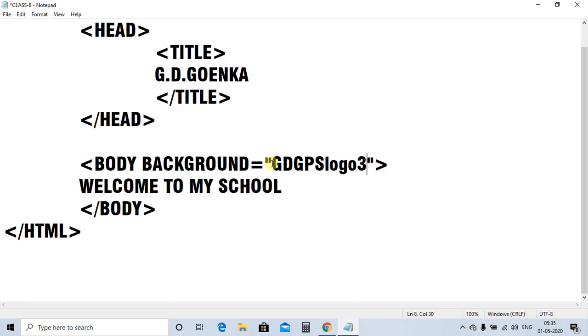So this image, that is GDGPS logo 3, it is of which type? PNG type. So we will write .png.